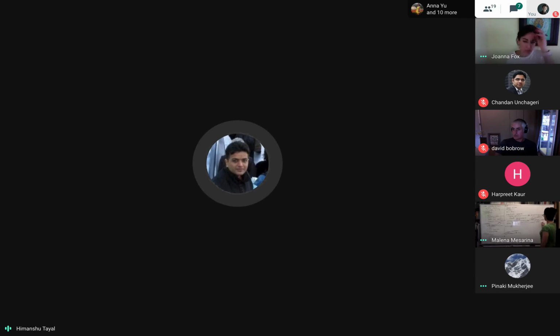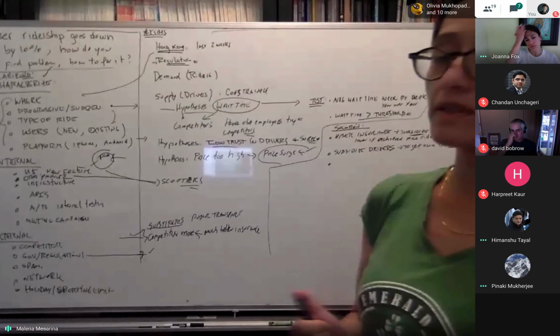I think the third option also could be, very similar to what you said, maybe Uber works with the regulators a little bit and says, we can show you how much risk there really is. Maybe they can create a fund at the government level and say if something happens, the government could take the job of doing the insurance, and they could create a float or a pool of money. Sorry, can you repeat that, Himanshu?